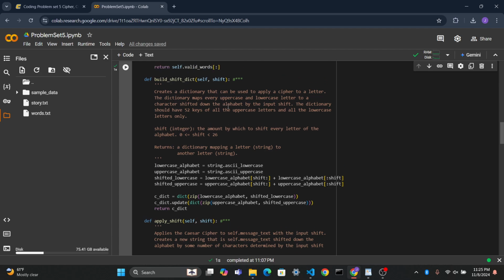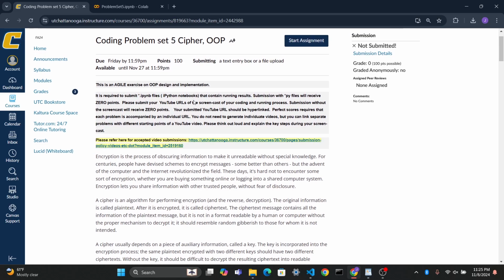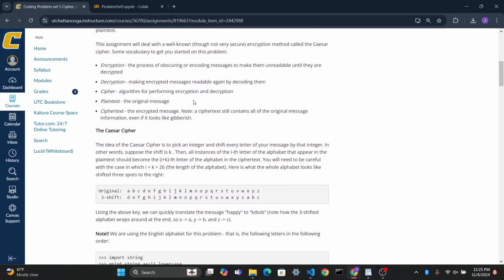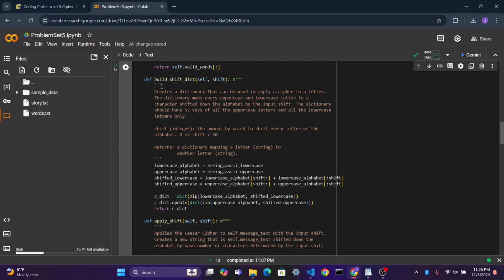So, very first thing we need to do is go ahead and look at the problem we have here. What we are doing is creating a bunch of different methods that are all going to work together so that we can create our own cipher alphabets, assign those cipher alphabets, and use them to decrypt just basic text and full-on messages. So the first thing that we needed to code was the build shift dictionary, which uses self